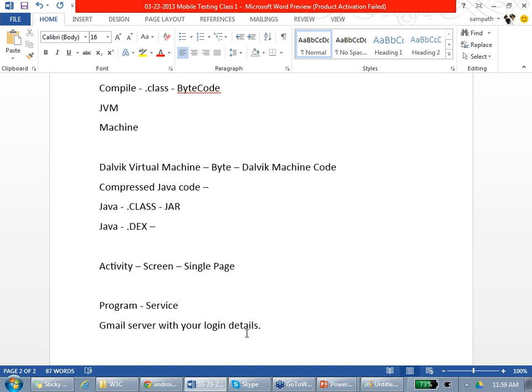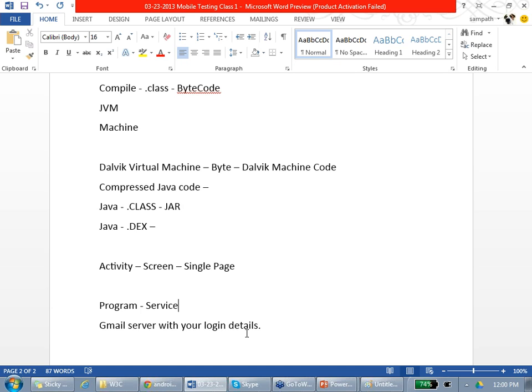It gives information to some other activity. Am I clear? So these are programs running without a face and they support activities. They give information to activities. For example, weather alert, maps alert. Oh, there is traffic, there is an accident. Agreed? So these are all called services which are running in the background.